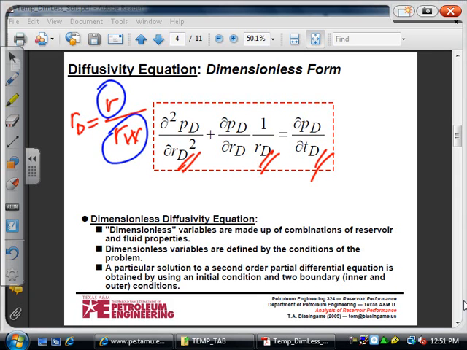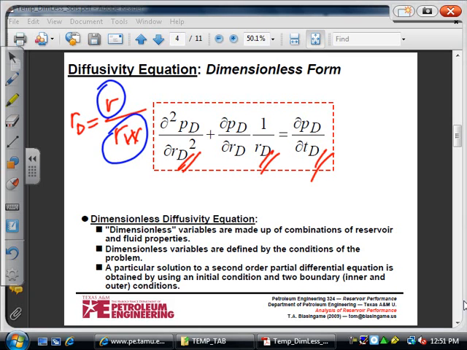The second method is the separation of variables, and then the method of characteristics. These are methods that let you solve differential equations. And another one is to solve a partial differential equation